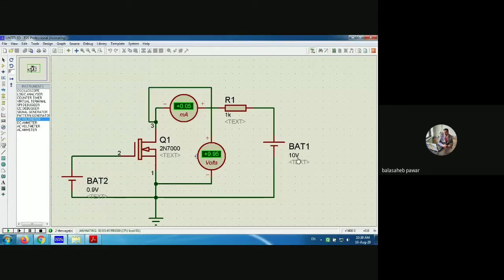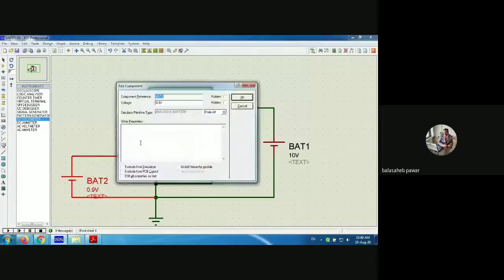And the same thing we already observed, right? That VDS remains 10 volts between 0 to 0.8 volts, right? At 0.9, that is the threshold voltage, the transistor gets turned on, and that's why the current flowing is very, very small, that is 0.05 milliampere. This is the reading for your second column, and for the third column, the reading will be 9.95. Clear?